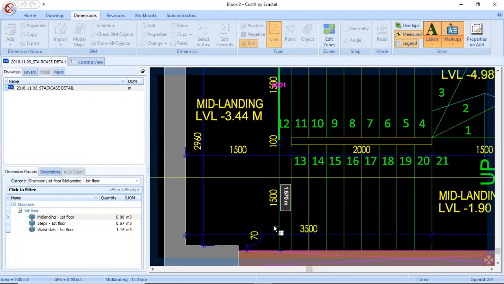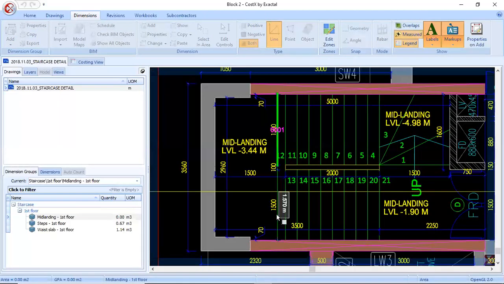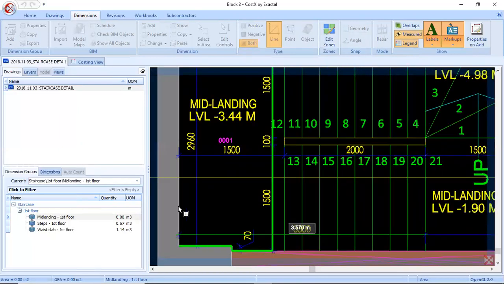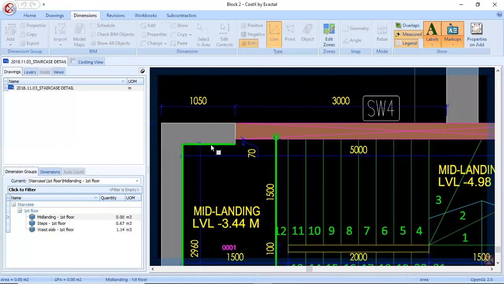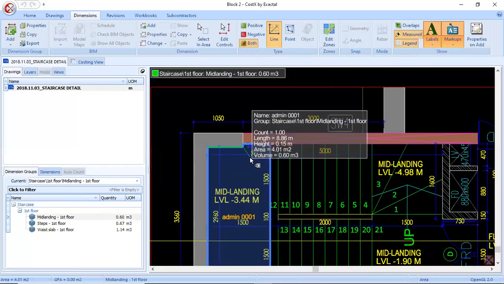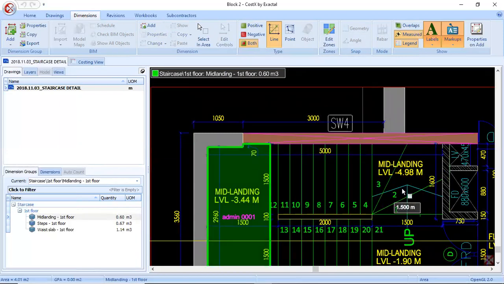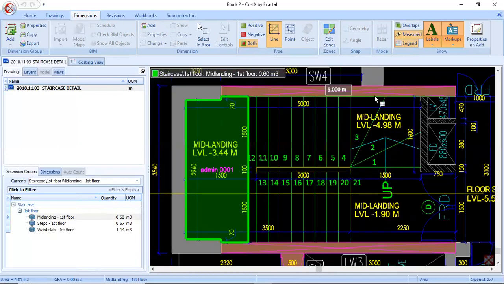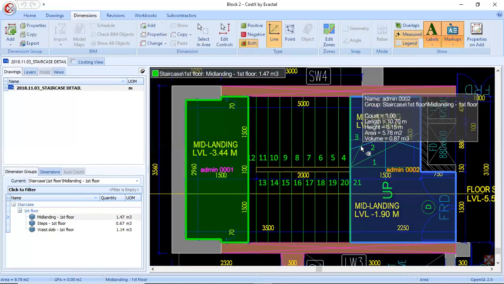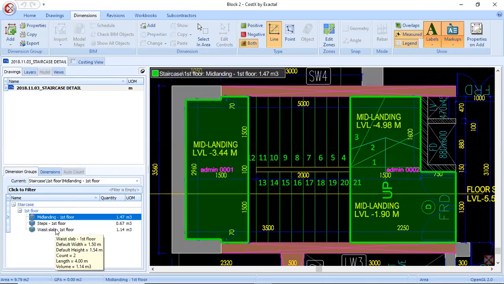I select the entire area of the mid landing. So now its volume is 0.6, area is 4.01. The same way I have a mid landing here and select this mid landing also. So it is 0.87. Totally it is 1.47 meter cube.